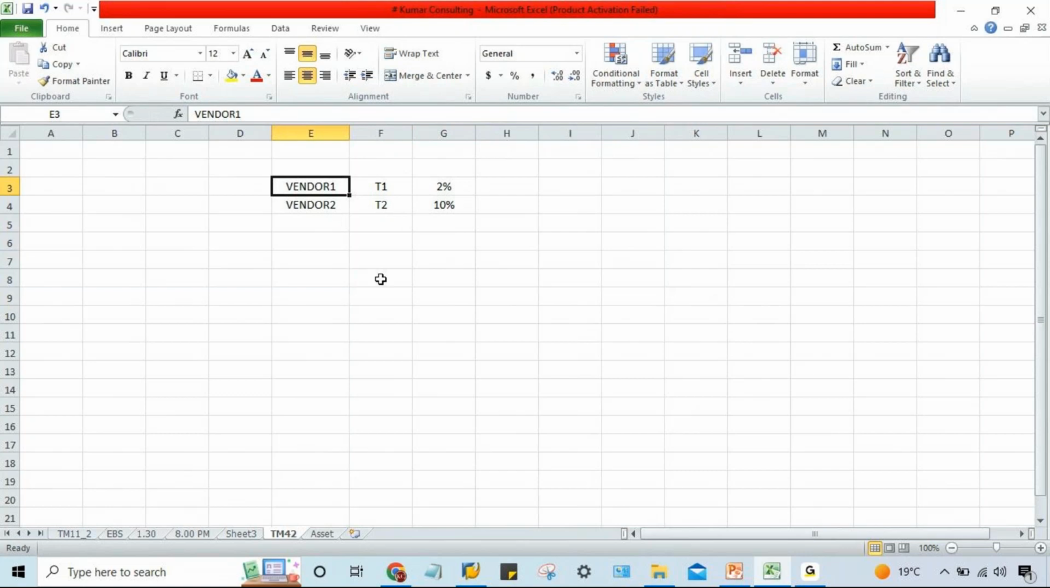right? Now look at the benefit of the vendor master, guys. What is the benefit of the vendor master? Now, when you are going to post an invoice, for invoice posting, what will happen? Let's suppose we are going to use transaction code FB60. So here, while posting the invoice,